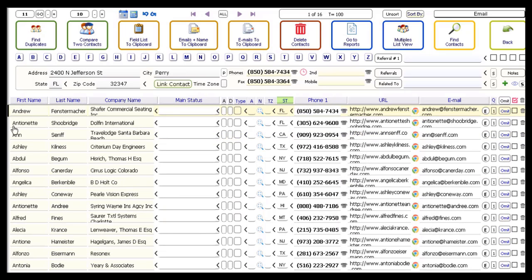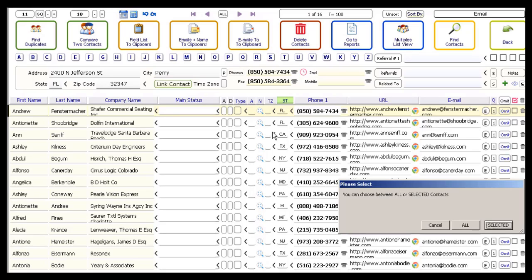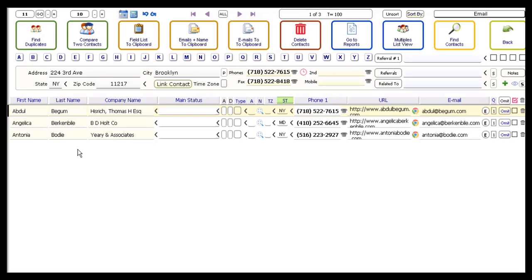And then, well, I have everybody here. Obviously I could sort by first name, but let's say that I know that the last name is a B. Okay, so I could click with the shift. You see the tooltip here, shift click to do with the last name. So I'm going to click shift, and then I'm going to do it from selected, which I can click enter because it's the rightmost option. So I can click, and so again I did it, and in this case it's only 3, so very easy for me to find